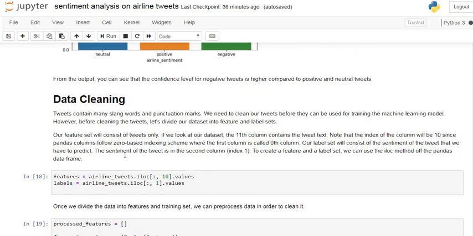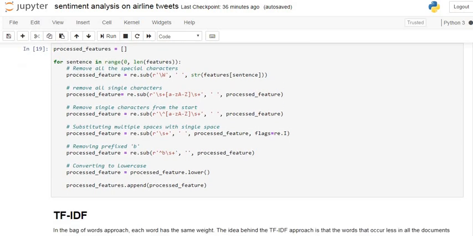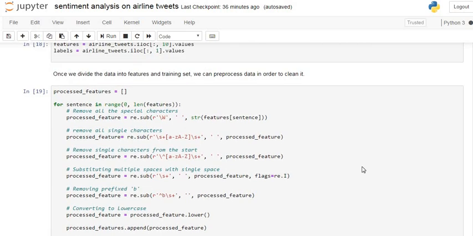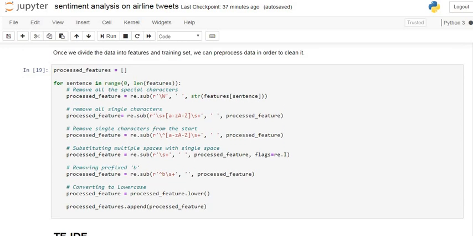After that we go for data cleaning. Before that we segregate our two variables, that is our tweets and our target variable, airline sentiment. After that we go for pre-processing our data. This is the required code for pre-processing of the data, and converting to lowercase is a necessary requirement before converting our text data into numerical data.